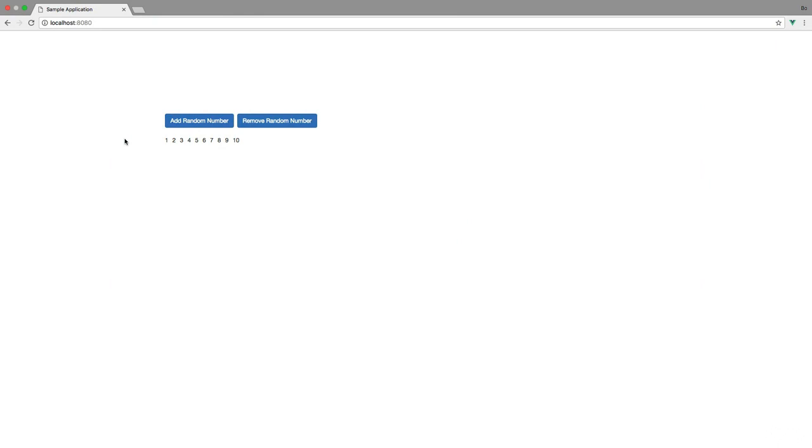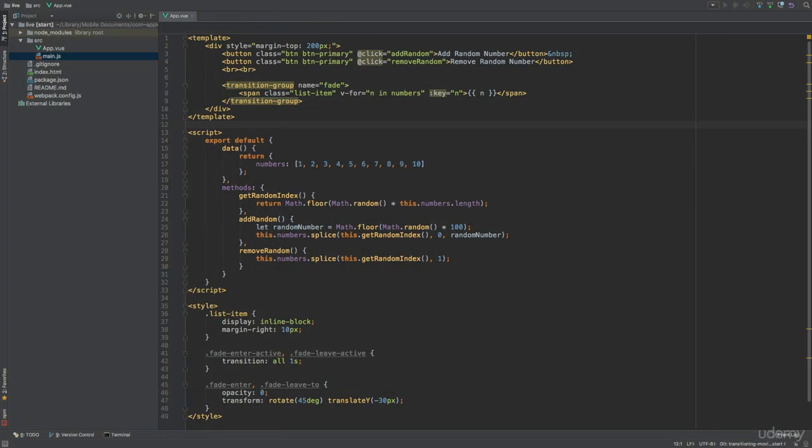So in the previous lecture, we successfully transitioned numbers when adding or removing them. But when doing so, the remaining numbers would jump around a bit. Let's fix that now. As it turns out, the transition group component can not only animate elements that enter or leave, but also when